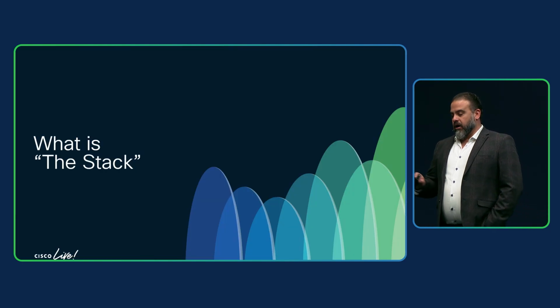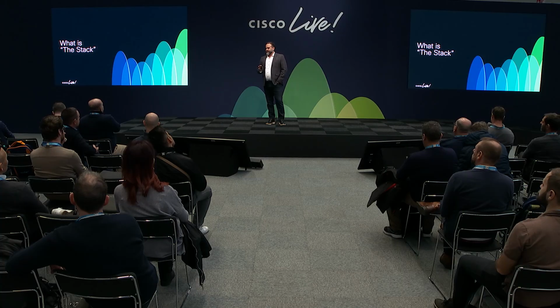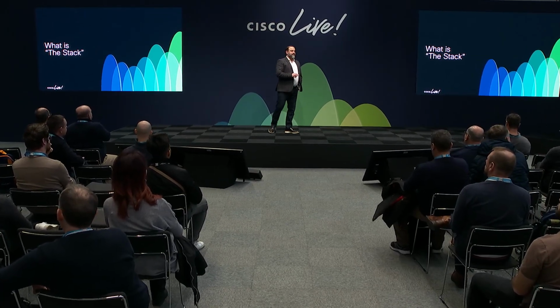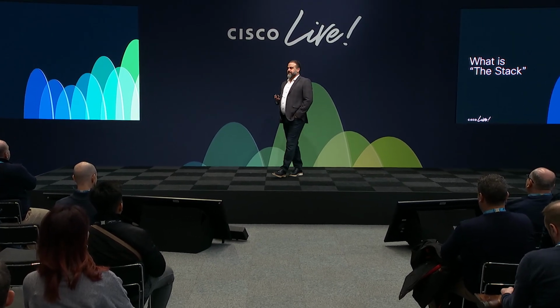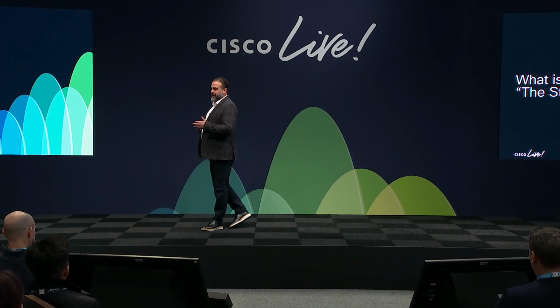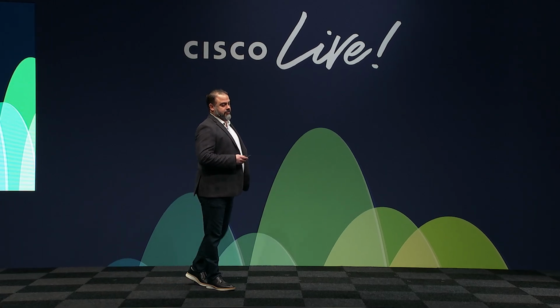So as far as setting that context, when we talk about the stack, I've been thinking about it for the last few years around something similar to the OSI model. A lot of us here are familiar with that. And it might be a little bit of a shoehorned analogy, but it helps me understand and think about the IT infrastructure stack a little bit better. So the idea is that the layers at the bottom have to exist and work very well for the layers at the top to accept those services. So we can't have an application layer at the top in our OSI model without the physical infrastructure, the data links, and the network layers working well.